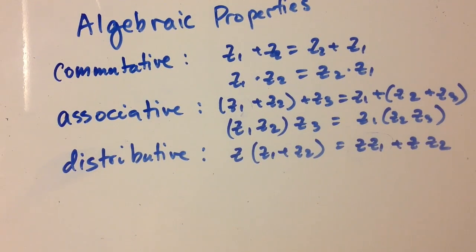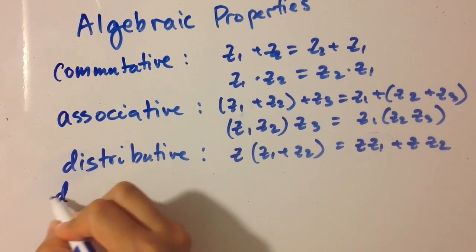Although these properties seem quite natural when dealing with real numbers, when we try to augment real numbers or define new kinds of numbers, sometimes we lose the commutative property or the associative property or the distributive property. So for this reason, it's important to establish these properties for complex numbers. Following this train of thought,